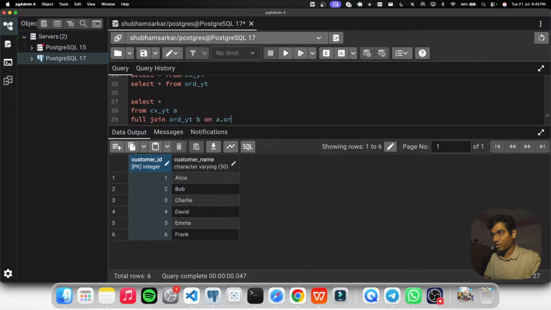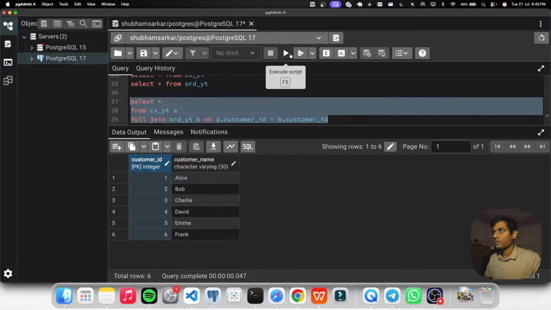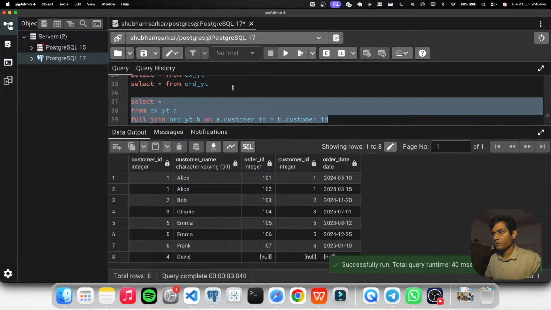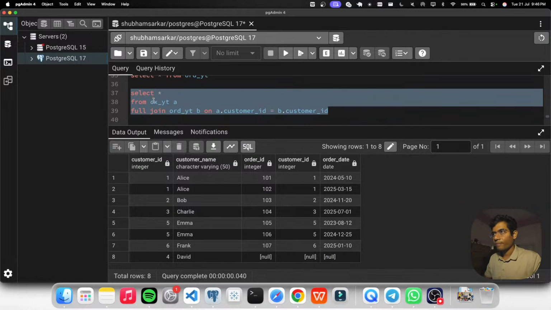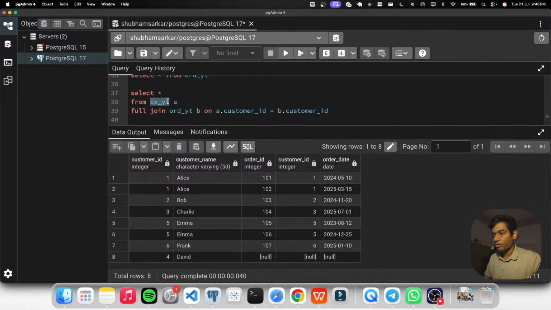On A dot customer ID equal to B dot customer ID. First we will join it so that we get all the data from here. ठीक है, चलो, let's write order YT here. एक मिनट,